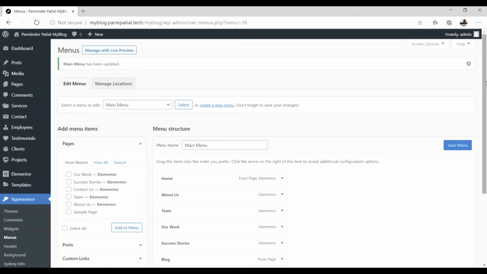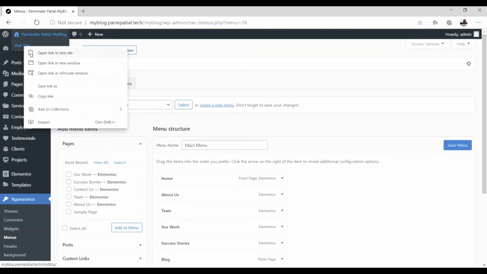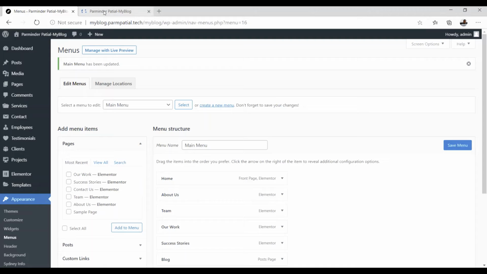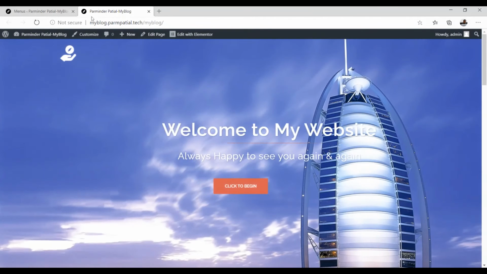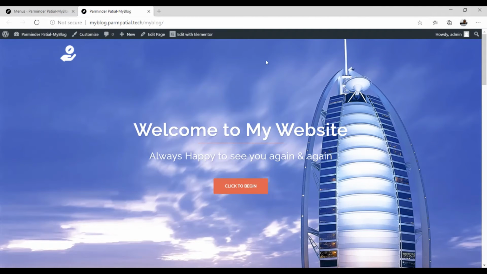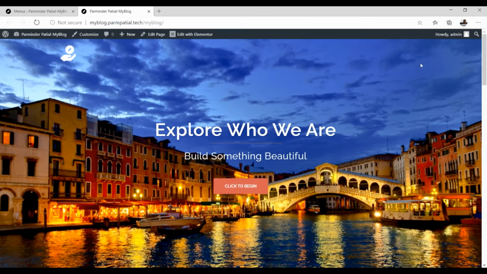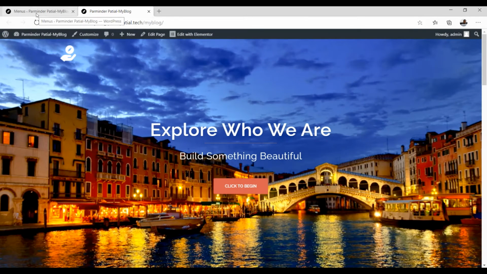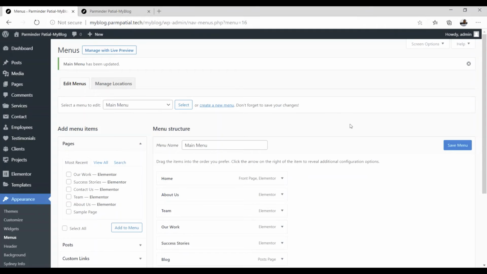Now to see the changes on your website, hover over this position, and here you see the visit site option. Right click on it and choose open in new tab. You see no menu is displayed here, because we have just created the menu but we have not managed the location of the menu.